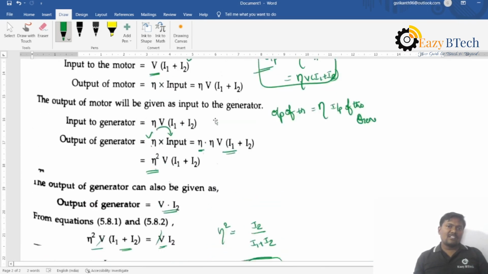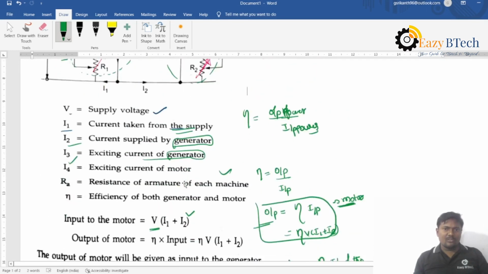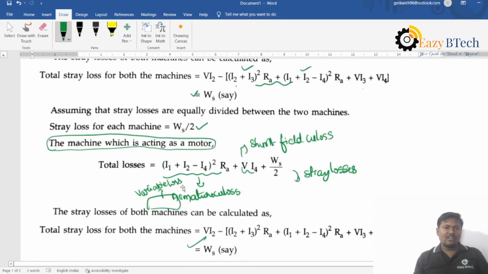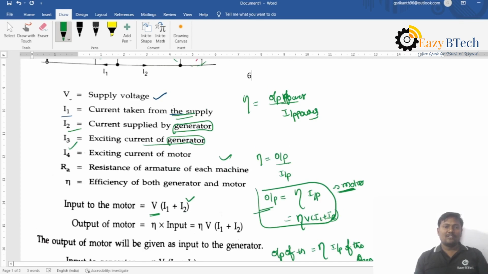The armature copper loss for a generator, if you observe, is (I2 plus I3) whole square into RA. The remaining is V into I4 plus V into I3 plus W stray losses by 2. The output of the generator is V into I2. What is the output of the generator? V into I2. So that should be equal to